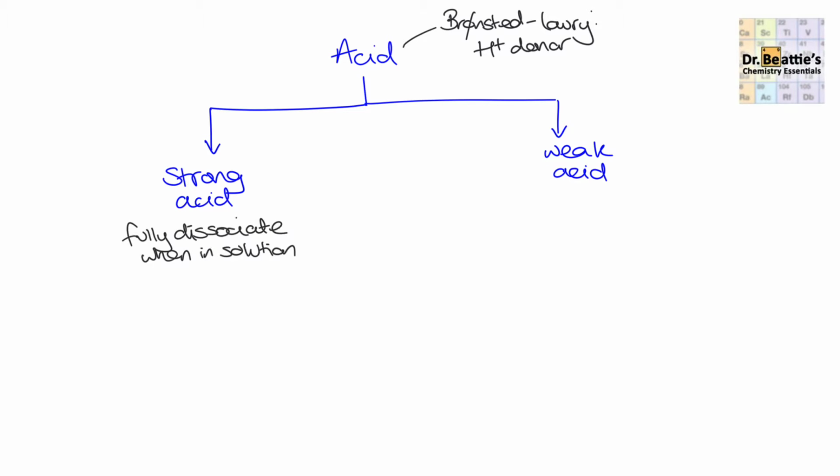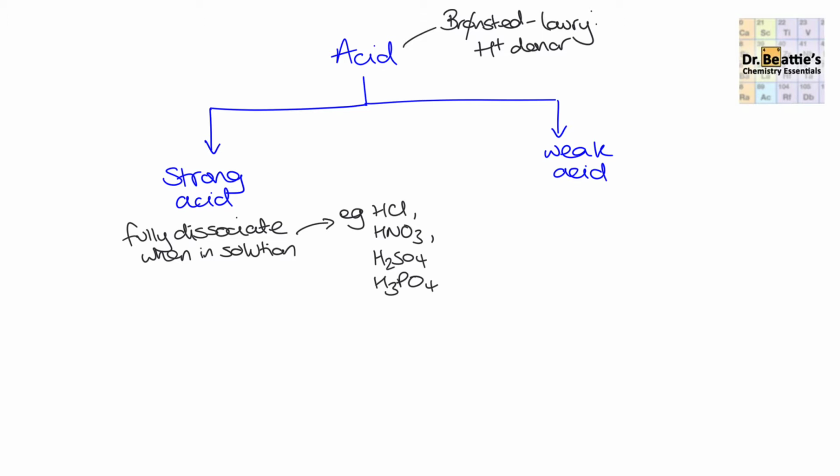Examples of strong acids are mineral acids. So these include hydrochloric acid, nitric acid, sulfuric acid, phosphoric acid. And when we say that these strong acids fully dissociate in solution, what we're saying is that if you take a molecule of one of these and put it in solution, then it will break apart